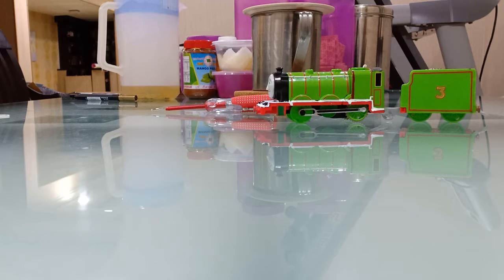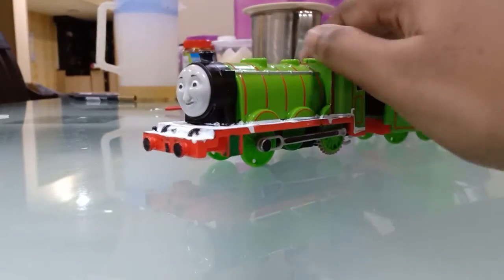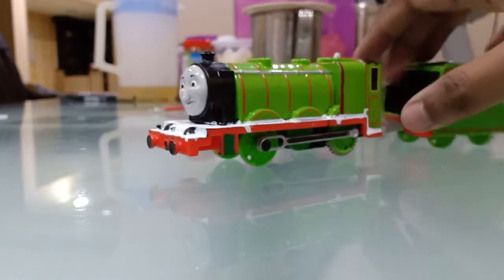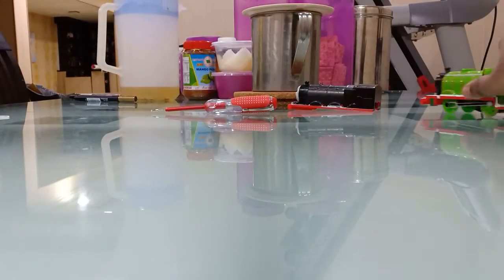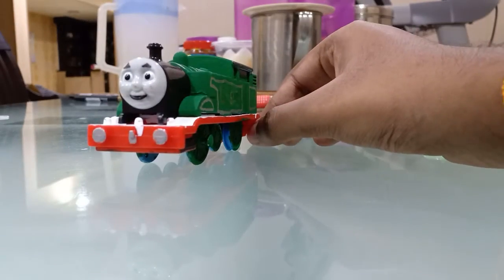So we have a video, a custom video, not this Henry, but I will talk about this Henry. This time I gave it a white running board instead of black, and this is now much better than the black running board. And today we're not talking about Henry, because we're going to talk about something special from the movie called Adventure Begins, which is Thomas, but not this Thomas